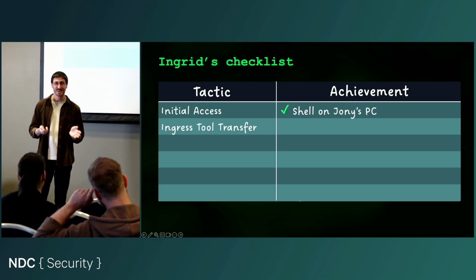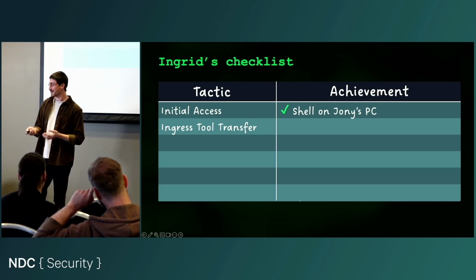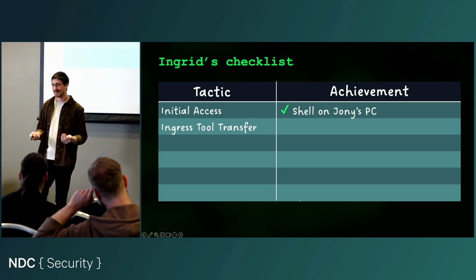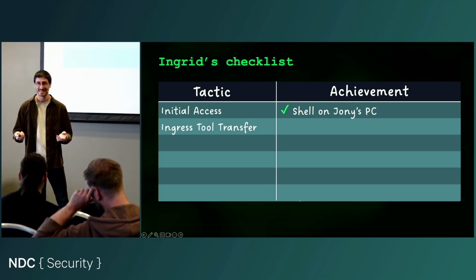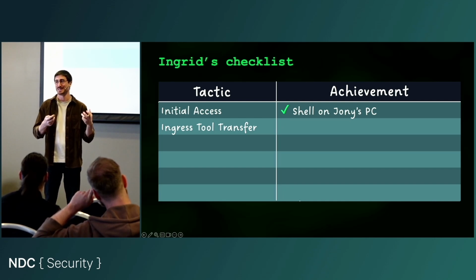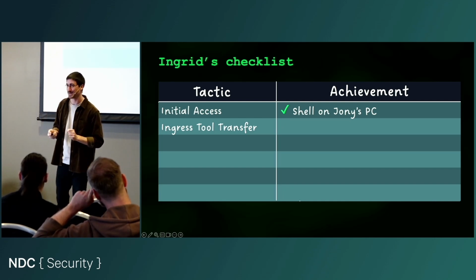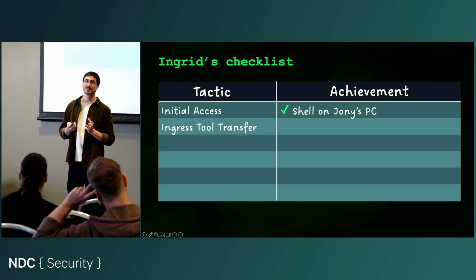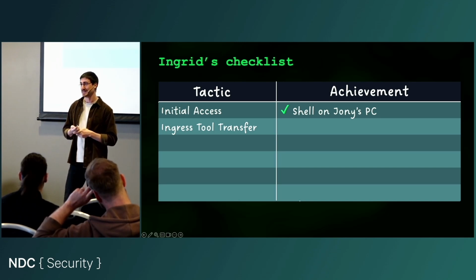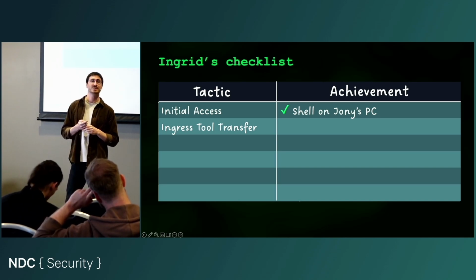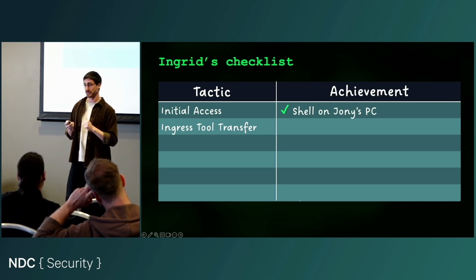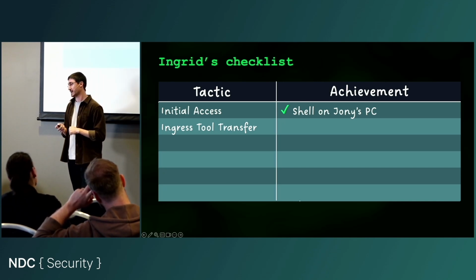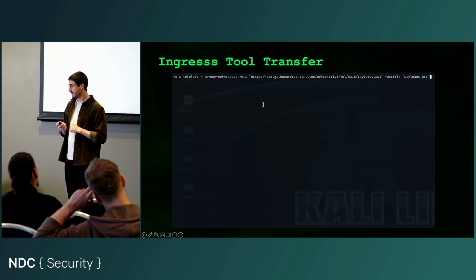Now, not only is she well organized, but she's also very well educated, and you can tell that she uses the tactic terminology that is used by MITRE. So the first one was initial access, and now she's in the ingress tool transfer phase. And this is when she will try to download tools onto Johnny's computer. And she does that by,